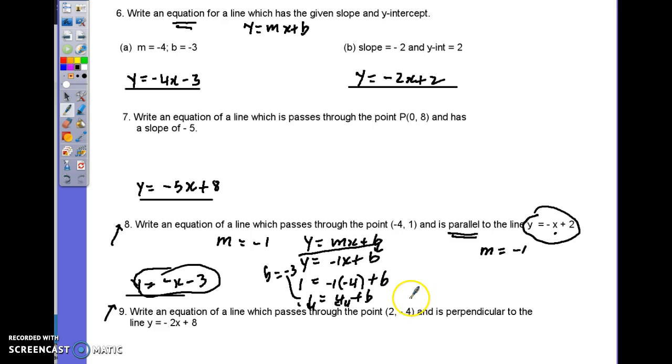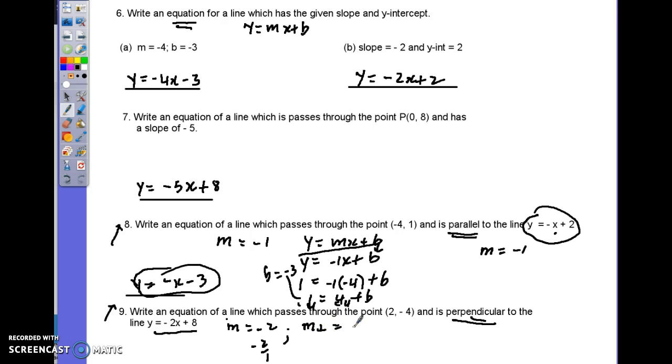This one I'm not going to work all the way out. I'm just going to find the slope. It says write an equation of a line which passes through the point (2, -4) and is perpendicular to y equals negative 2x plus 8. Let's go step by step. Here, the slope of this line is negative 2. That's the slope of the given line. So the slope of the perpendicular line, since negative 2 is the same as negative 2 over 1,